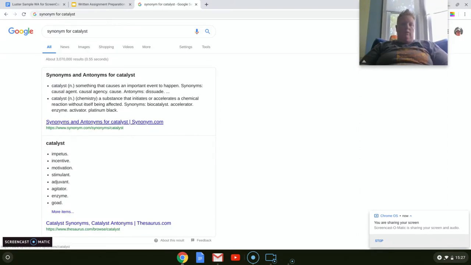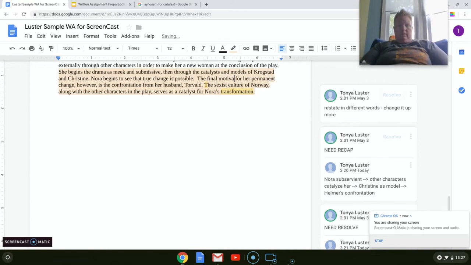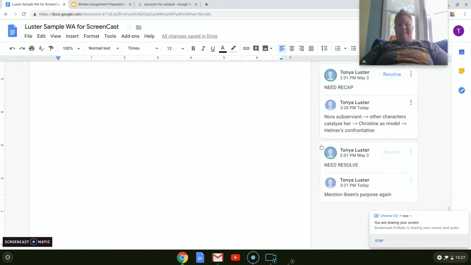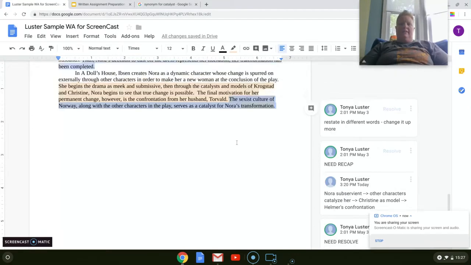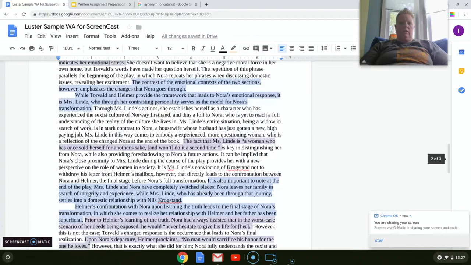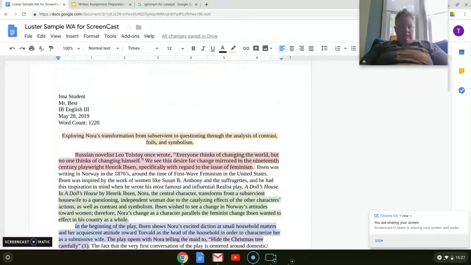Impetus, incentive, motivation. Motivation, I like that. Okay, so I've got my recap here in these two sentences. Then the last thing I want to do is I need a resolve, sort of like a final idea where I mention the author's purpose and sort of go back to the larger implication. So let me go back up here and I can see that,